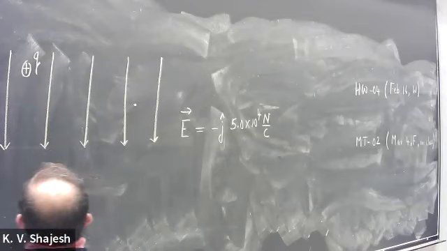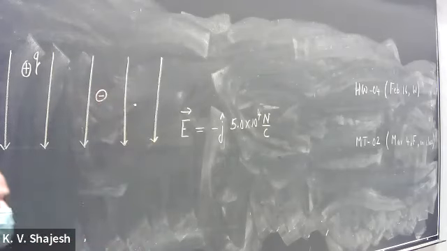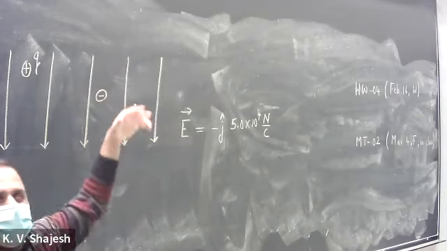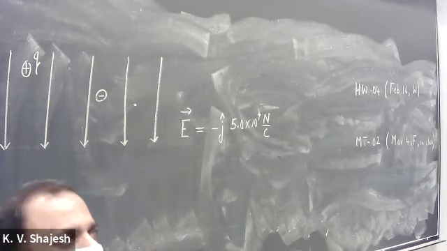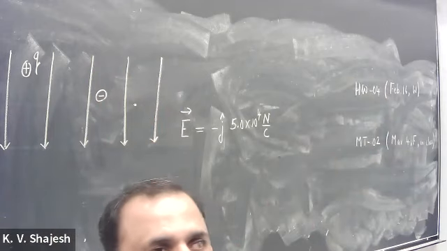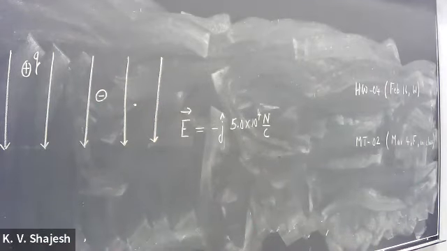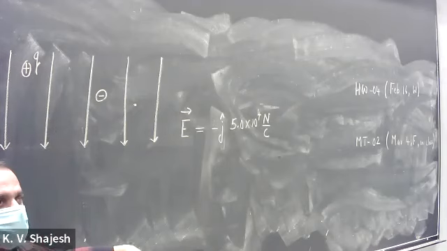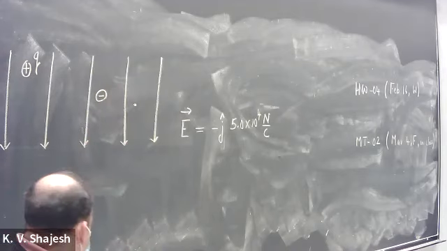If you have a negative charge instead, you can again ask what happens to that negative charge. It goes in the opposite direction. In that sense, it falls upward, right? When you have a mass in gravity, it falls downward, right? You don't see a scenario where you drop something and it goes up. But here we have two scenarios. If you have a positive charge, it will fall down in the sense that it goes along the electric field. And if you have a negative charge, it goes up. So you have two situations here.